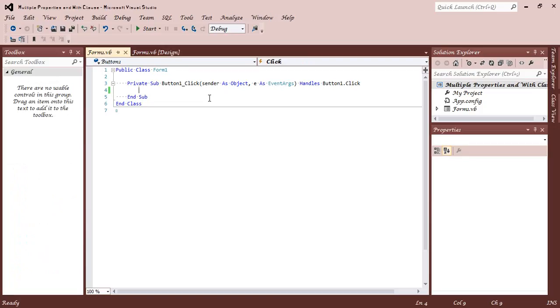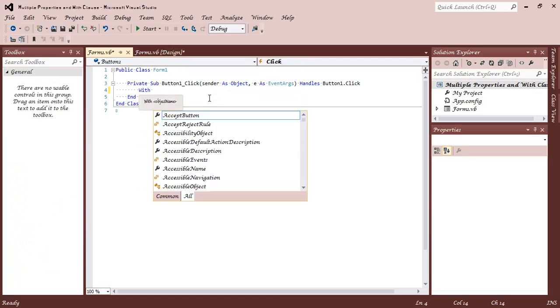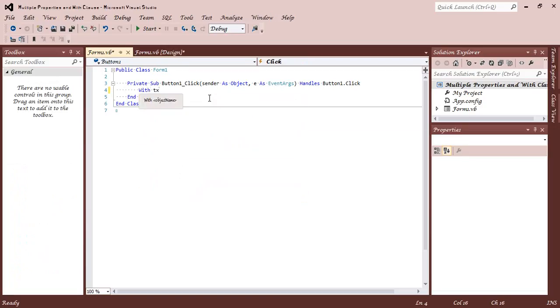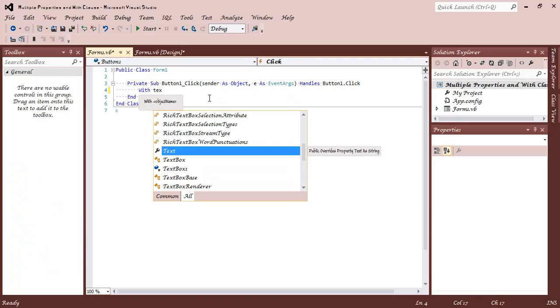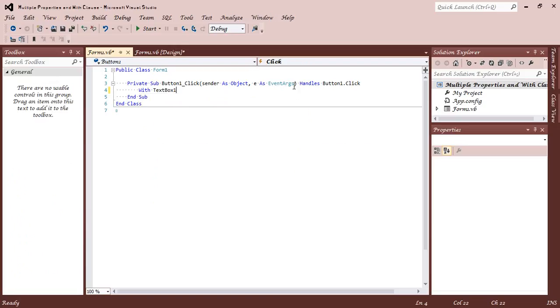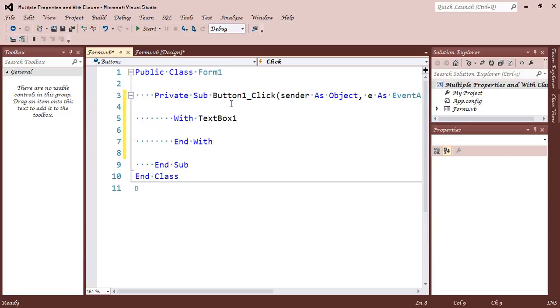Because I want to change multiple properties at the same time, I'll say with TextBox1, since I've not named them, I've just used them the way they are. I press enter. You see now, if I give myself some space here and zoom, with has its ending, just like the sub has the end sub and the class has the end class, even with has the end with.